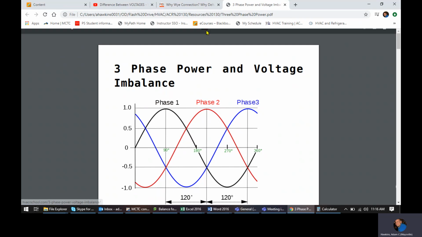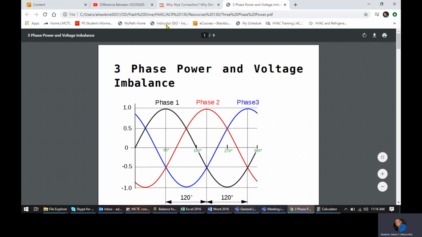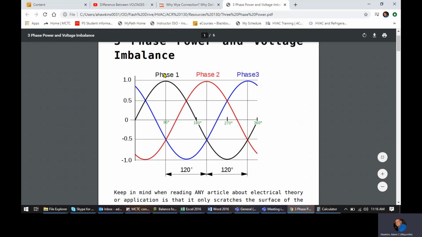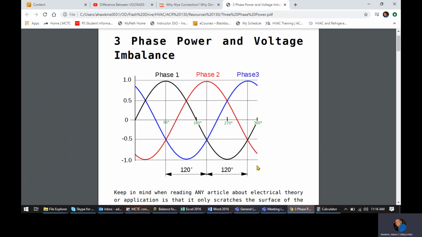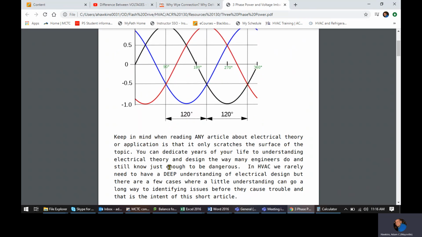So, not to go back through that a whole lot or belabor that, but three-phase power is when you have three distinct legs, and those legs are automatically out of phase with each other, which means you don't need a capacitor to create that phase imbalance. They are 120 degrees apart. So 360 degrees is a full electrical circuit. So each one of these takes up a third of that, basically,